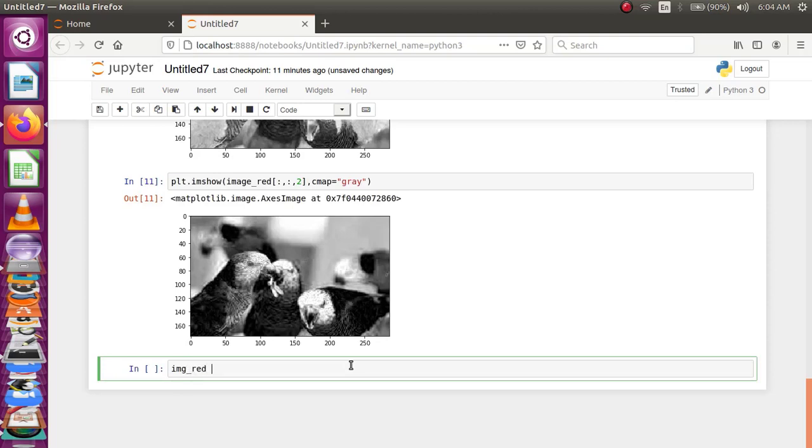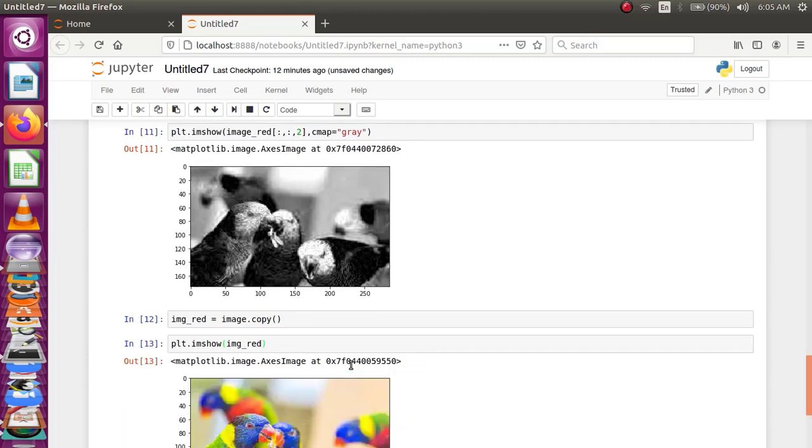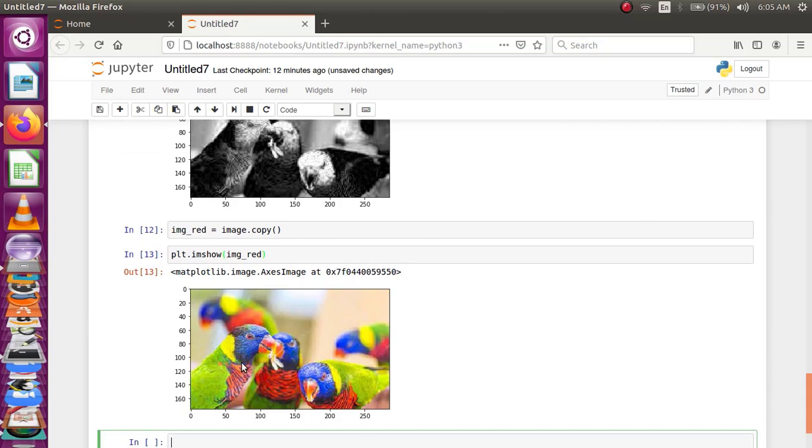Here I am making a copy of my image using image dot copy, which means it again has an RGB image. So I am just making a copy of my 3 channel image under the name image underscore red.